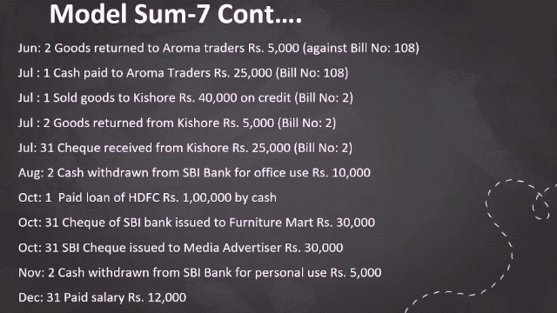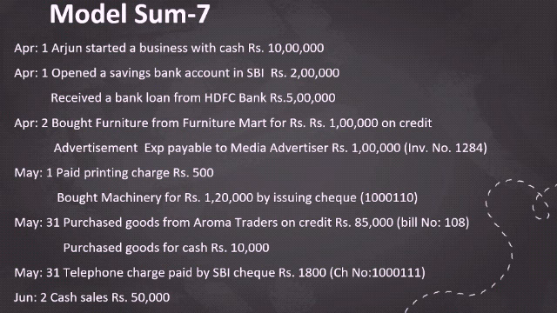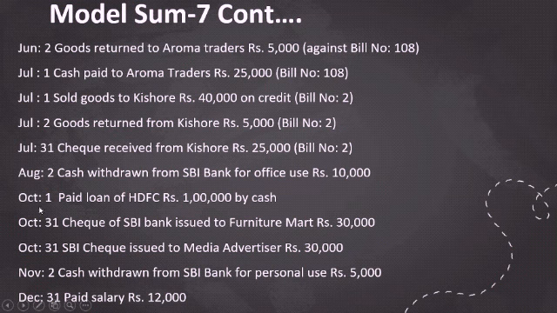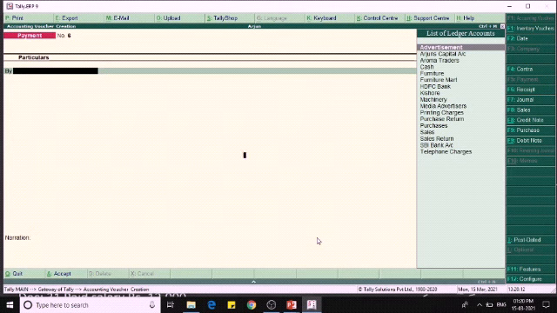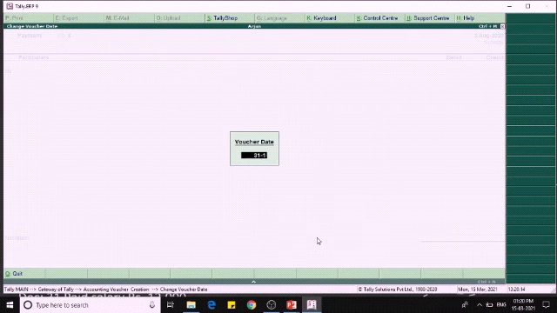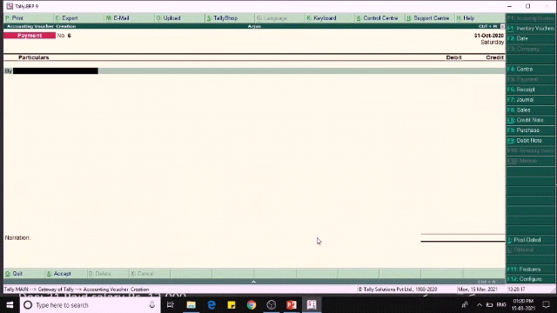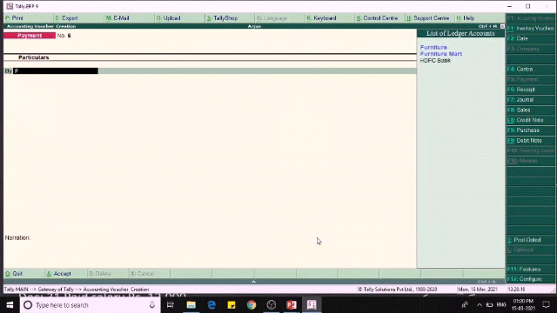After that, on 31st October, we are issuing the SBI Bank check to the Furniture Mart for the value of 30,000. So on 2nd April, we already purchased furniture for the value of 1 lakh. So for that only we are issuing the check to Furniture Mart. On 31st October, we are paying to Furniture Mart.